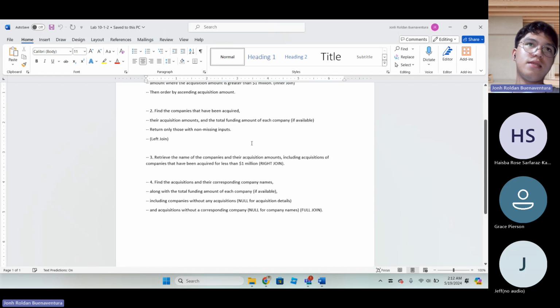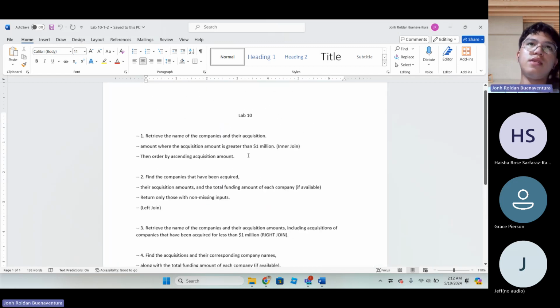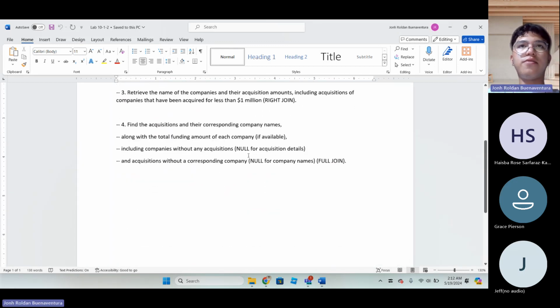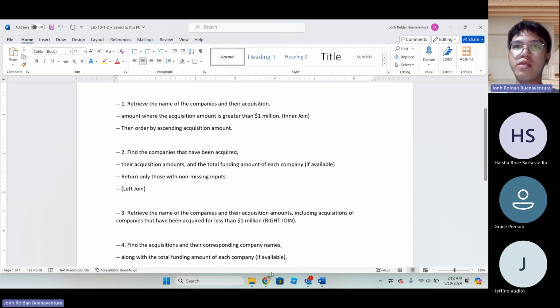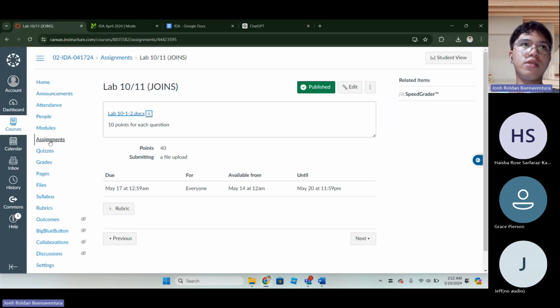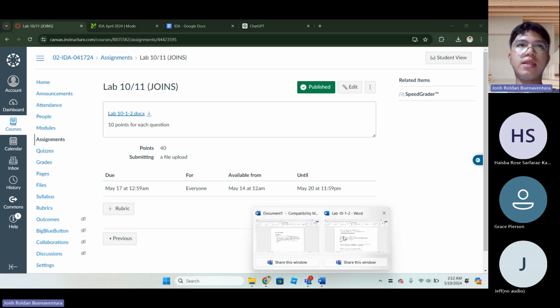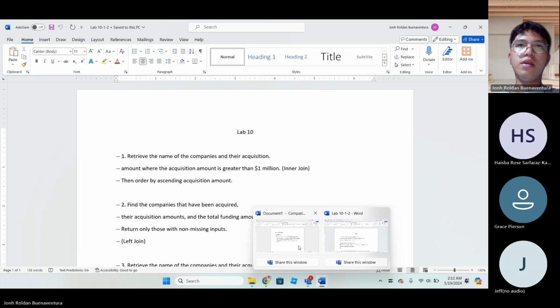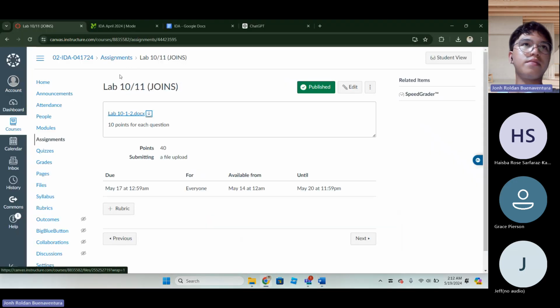These are the contents of lab 10. Only 4 questions, but these questions are quite challenging. Later on, after we finish this lab 10, we will try to work on the next activity, which is,